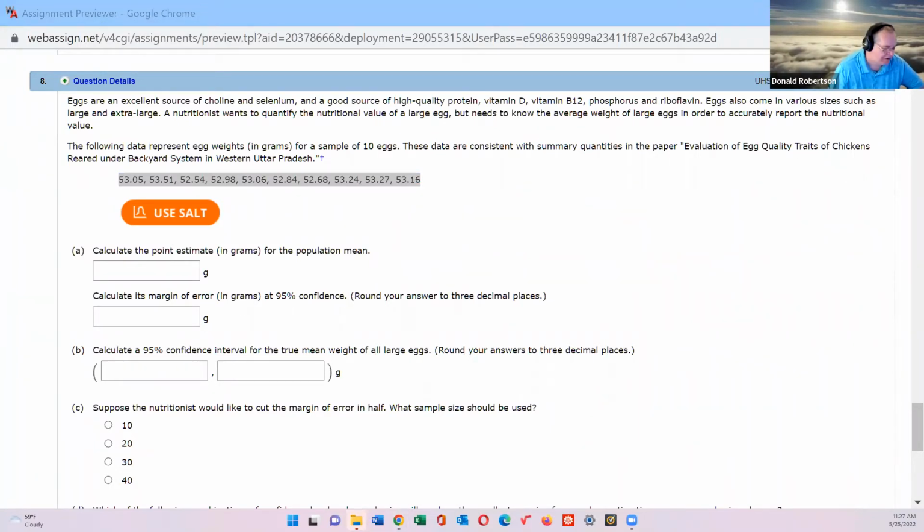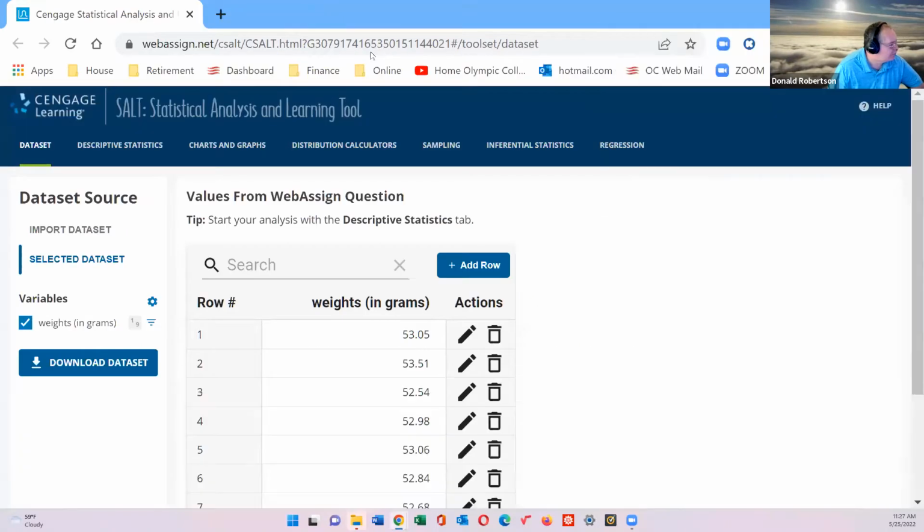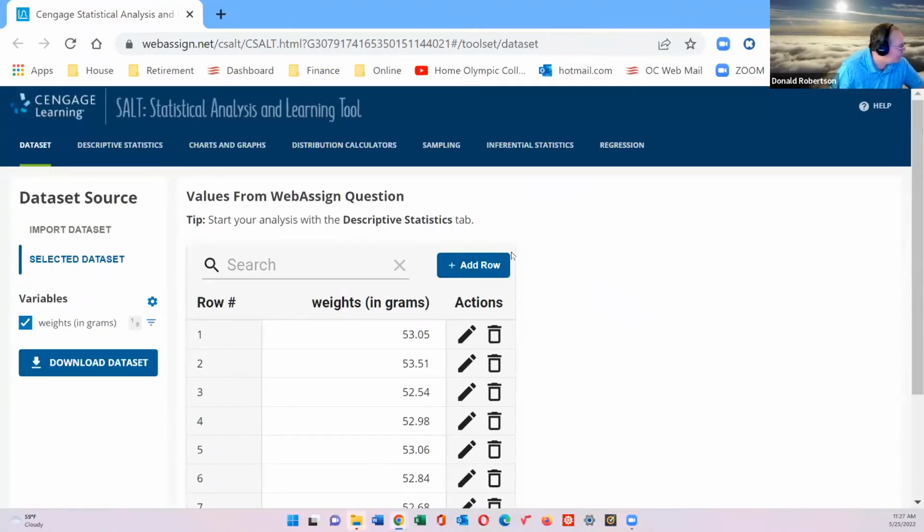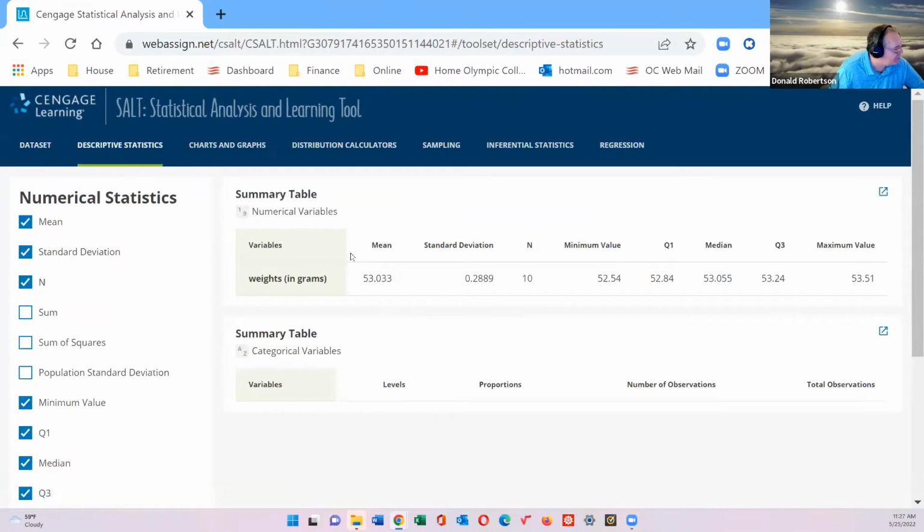Oh, come on. I got a stupid window. It's not going away. Come on. There you go. Here we are. Here are all the numbers. Now, what is it they want? Calculate the point estimate. So I need the mean. So if I go to descriptive statistics,